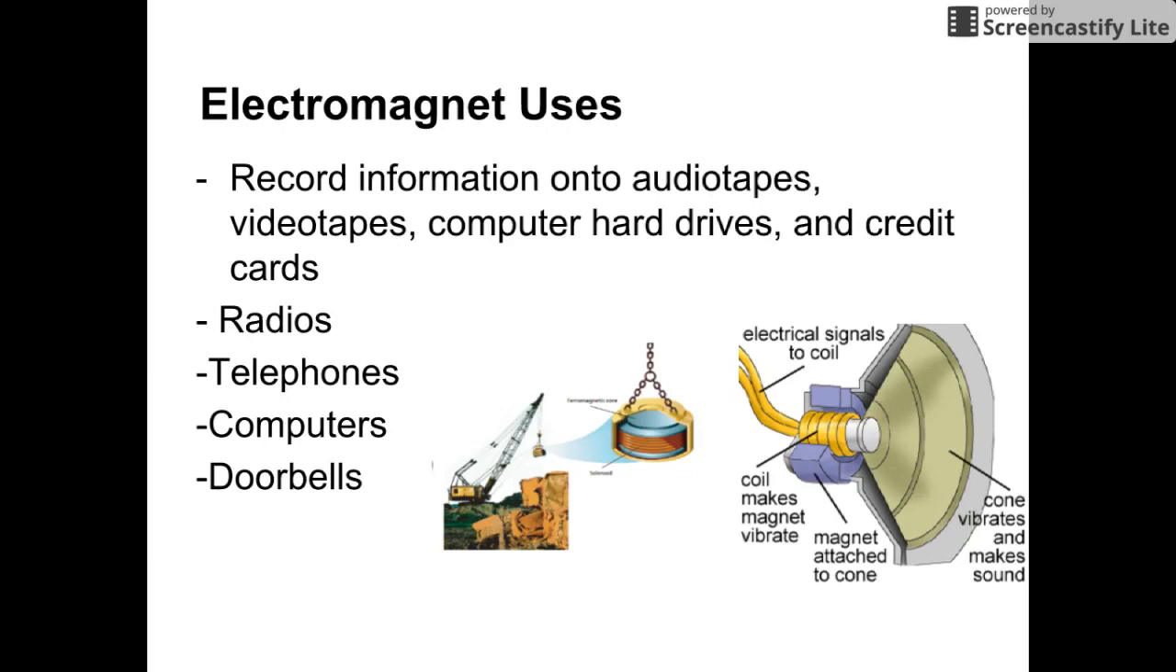Now, some of the larger electromagnets are used in junkyards, scrapyards, to pick up cars and move big pieces of metal from one place to another. So we've got an example of that on